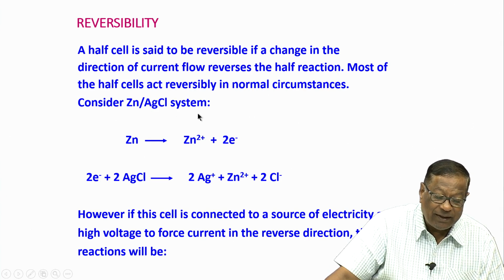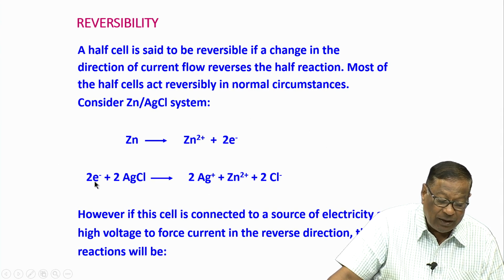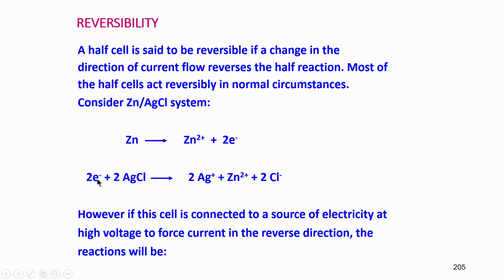So, consider zinc and AgCl system. Again zinc going to Zn2+ + 2e- is the reaction. This we are writing as reduction reaction, and 2e- plus 2AgCl goes to 2Ag plus 2Cl-. Okay. So, this is the reaction, and I am combining this reaction also here. So, on the right hand side I have zinc ions and silver ions and chloride ions,